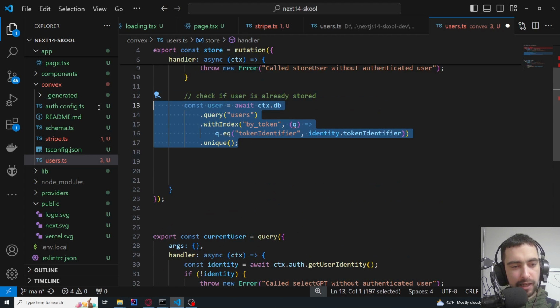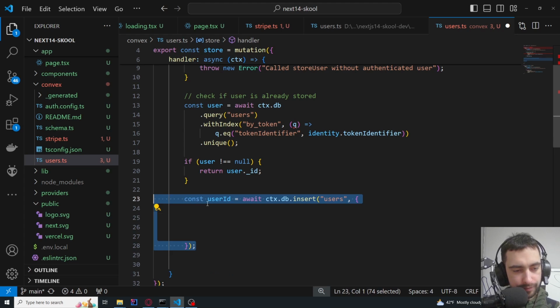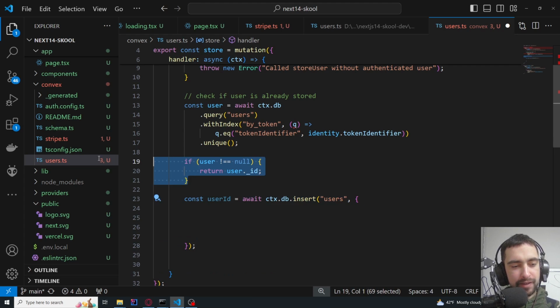Okay, so we are checking if the user is already stored in the database. If user is not null, so if user exists, then we will just return user ID. It doesn't matter what you return. I'm going to return user ID because I'm also going to return user ID if we store the user, just to be consistent. Okay, so if the user is null, if this doesn't get returned because user doesn't exist, then we will say await context database insert into users table and pass in